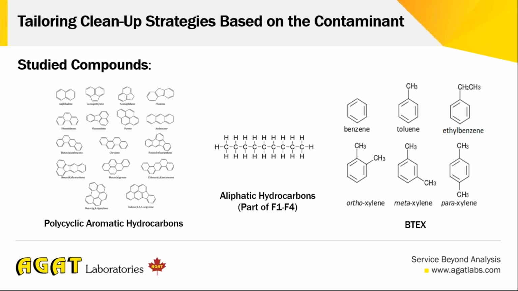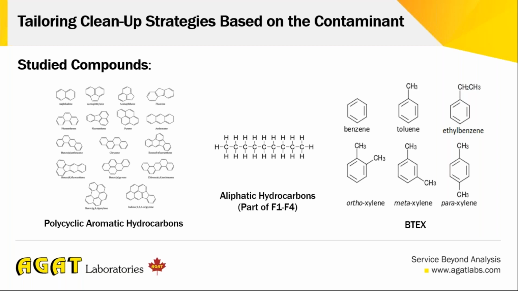The first group, on the left side of the screen, is called polycyclic aromatic hydrocarbons, and in general they are known as PAHs. There are thousands, but US EPA has listed 16 of them as priority pollutants. There are different definitions of lower molecular weight PAHs versus higher molecular weight. When 2 to 4 benzene rings are fused together, they make the lower molecular weight. When there are 5 to 7, they make the higher molecular weight.